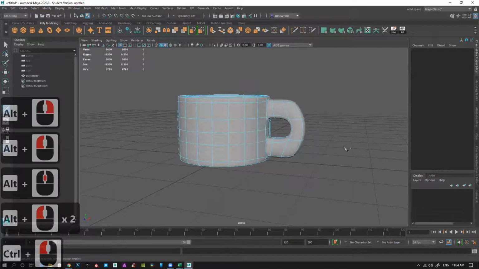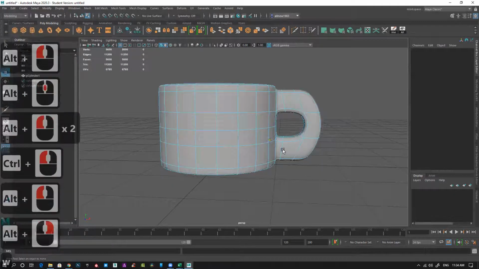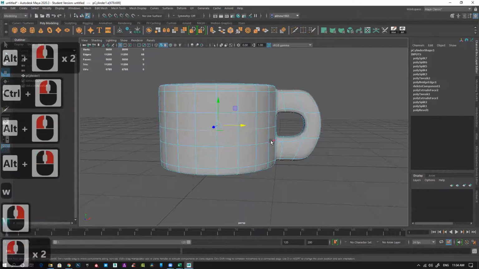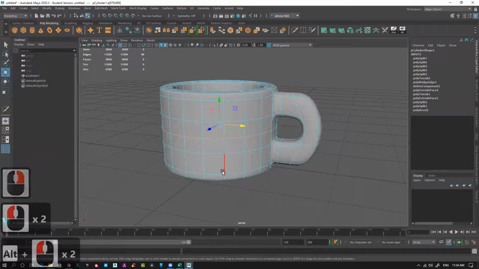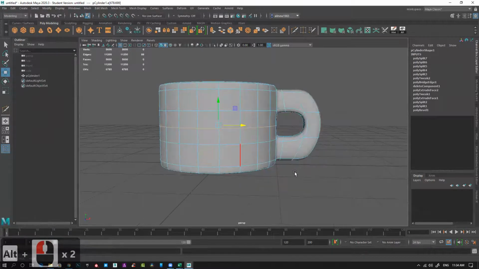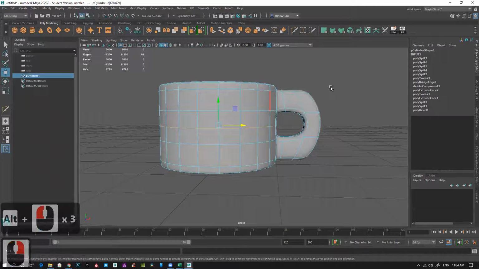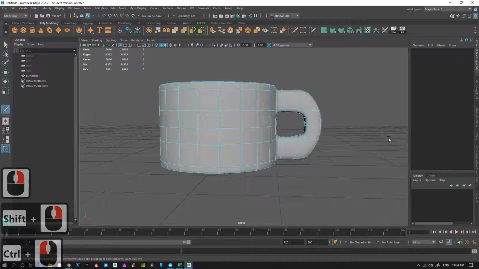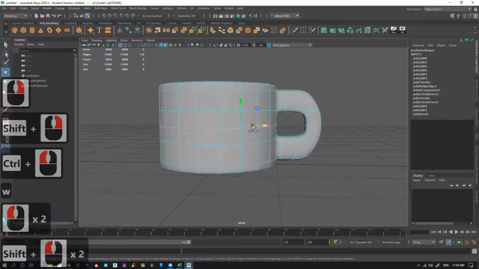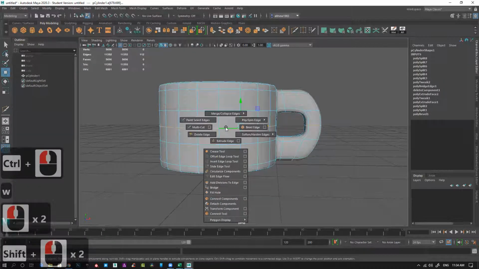Then suppose I want to create separation. Like this bottom part I want to keep separate, and this top part I want to keep separate. So I'll keep another multi-cut here. These two leaves.